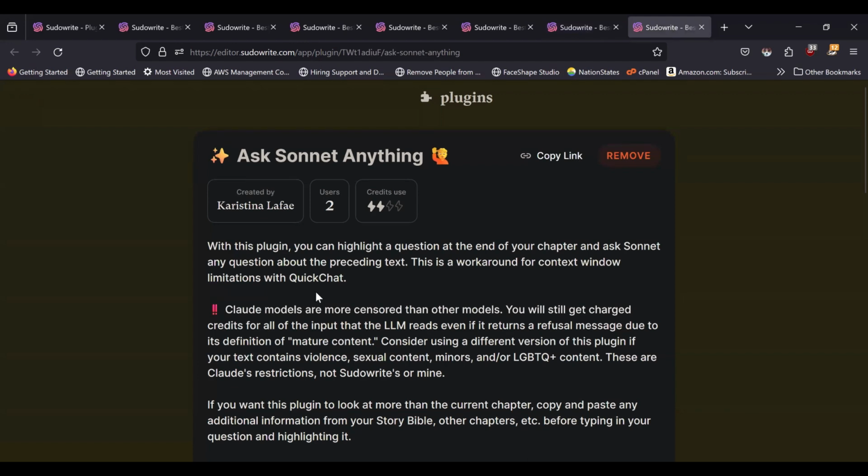I didn't like that I couldn't tell Quick Chat exactly what text I wanted it to look at, and it was looking all over my project and using documents I didn't want it to have any awareness of. So I made this so that I could tell Sonnet exactly what I wanted it to look at. I do have GPT versions of this and different versions for every model, but